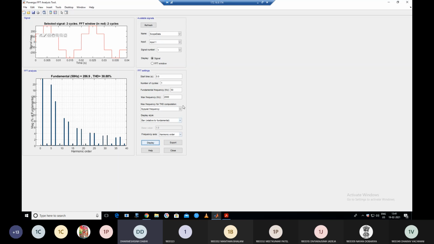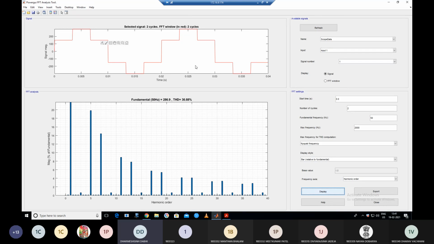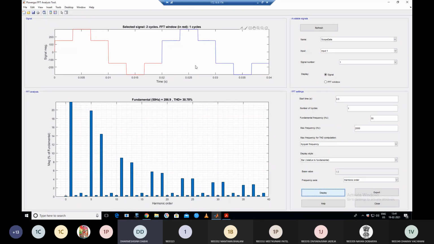So now check this, which harmonics are contained in your output voltage. Yes, this one. Now what is the observation of this FFT analysis? If you compare this FFT analysis with the single phase inverter FFT analysis, in the last lab session we simulated the single phase voltage source inverter for bipolar technique and unipolar technique. Clear? In that, we got different orders of harmonics. Now, in this case, what are the dominant order harmonics?